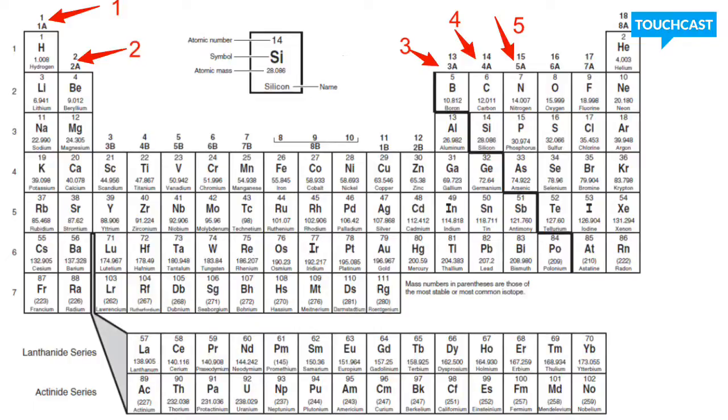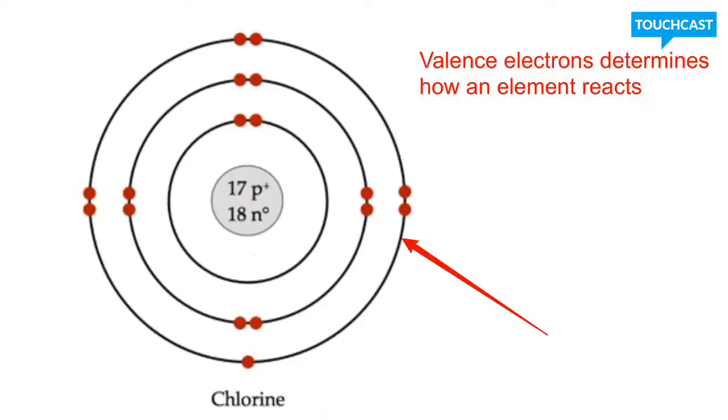Alright, let's look at one last thing before we go. Now, the valence electrons, like we've already said, are going to be on the outside layer of the atom, which means if another atom bumps into it, the first thing they're going to make contact with is the valence electrons. So, valence electrons determine how an element reacts because they're the first thing another element comes in contact with, which is why everything in the same group